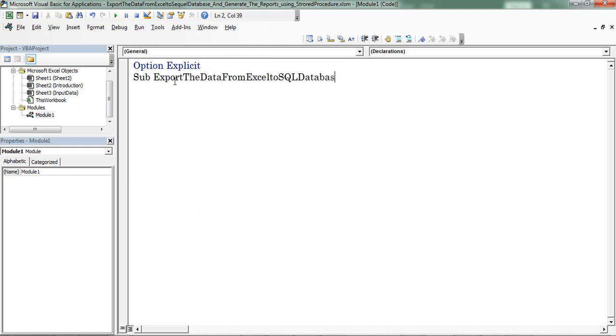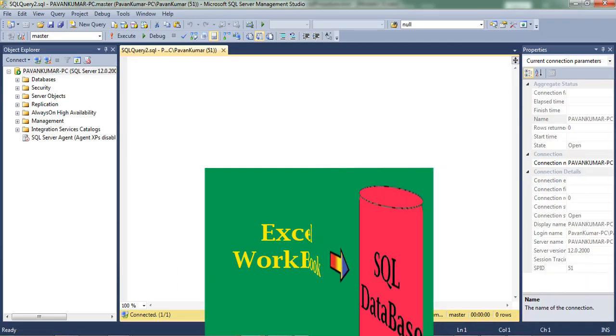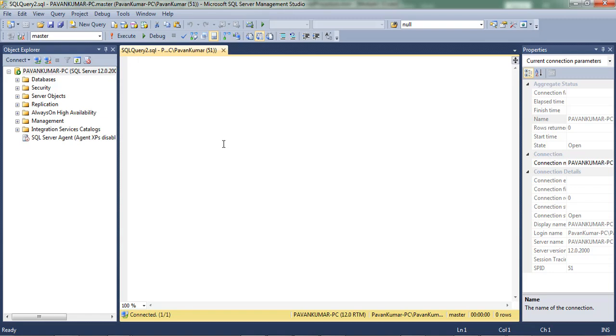Here I created a sub-procedure which is named as export the data from Excel to SQL database. As part of this process, first the Excel workbook connects to the database. Hence, I am going to create a database by using SQL Server.